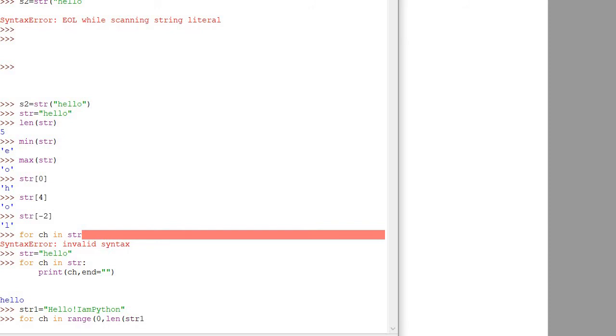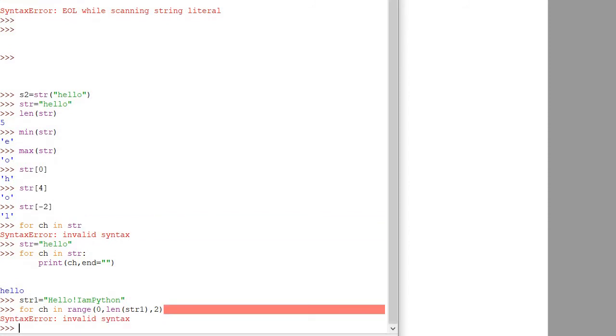Fine. So I write down because I want each and every character, so I will take the whole string. And if you want some part, like till index 5, till that point you want to traverse, you can write len and then like that only. Okay, 5. Now write down 2. Oh, I forgot the semicolon. Wait a minute.